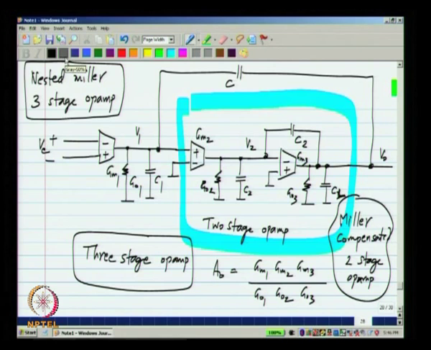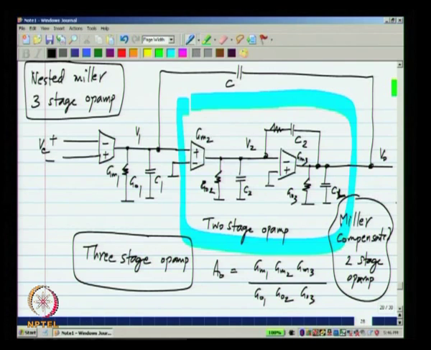There are many variants of this to enhance stability and so on, we will not discuss any of those things, and just like we inserted a resistance in series with this to eliminate the 0, we can also try inserting resistances in series with that and this as well in various combinations. All of the results of this have to be obtained from more complicated analysis and simulation. I will not discuss those things except to say that that can be done. And there are lots of variants of this, because now you have more poles and zeros, there are also more ways of trying to get rid of them. You can see the papers in the Journal of Solid State Circuits or Transactions on Circuits and Systems for details of those things.